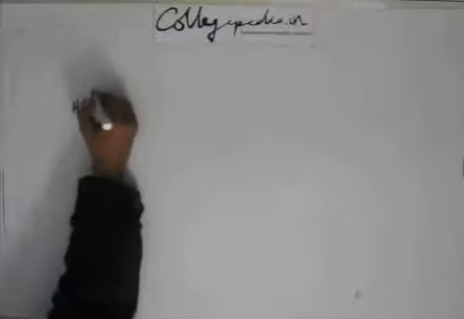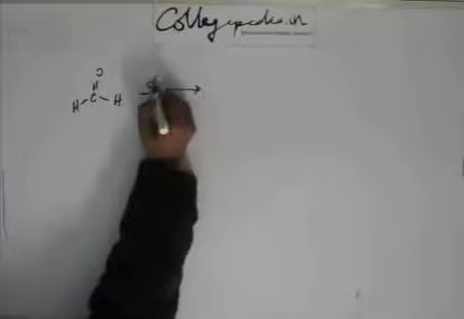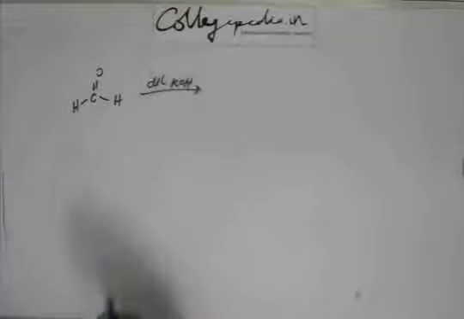After Cannizzaro reaction. Let's start with formaldehyde. I have added dilute KOH and I'm asking you to write the product. So write the product first and then listen any further. Get your products first. Now I hope you have got your product, and because I have given you dilute KOH,